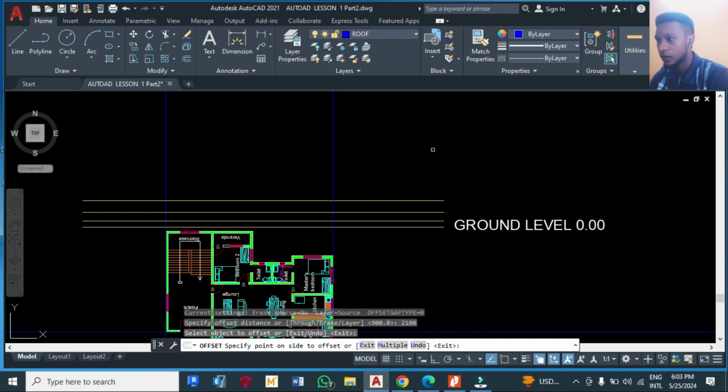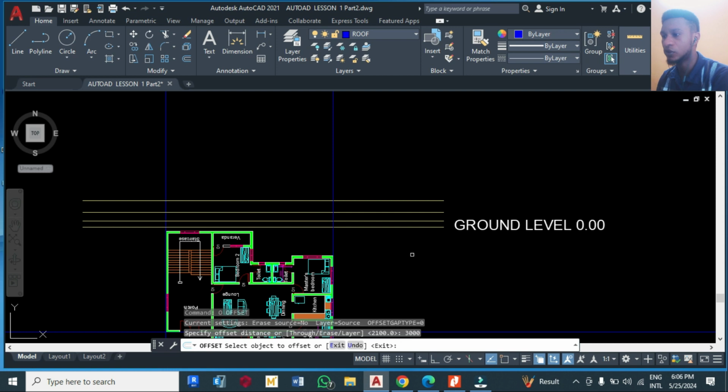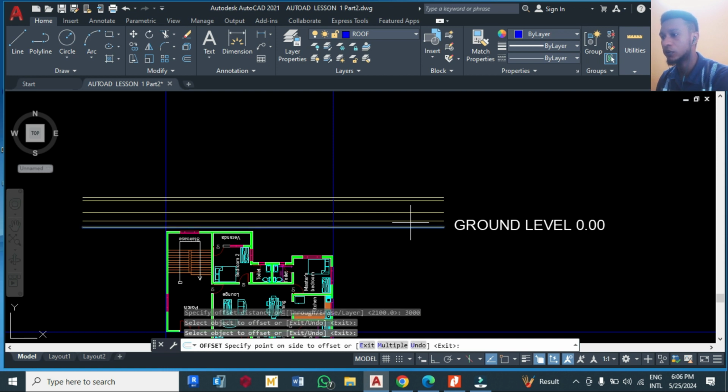And then I will have my ceiling level. Like I said, at ceiling level you can have a total of 3000 from ground floor. So I will type offset 3000. Because I'm going to offset it from ground floor, I will do something like this. So this is what I'm going to use to make my